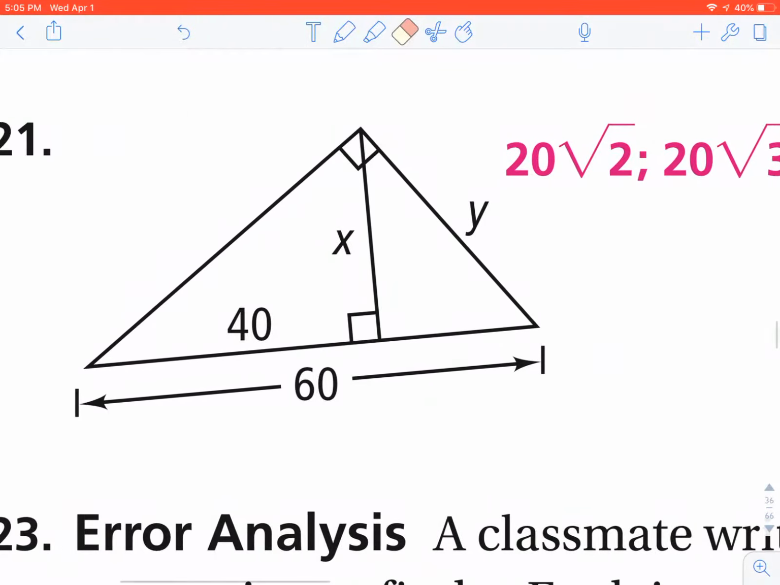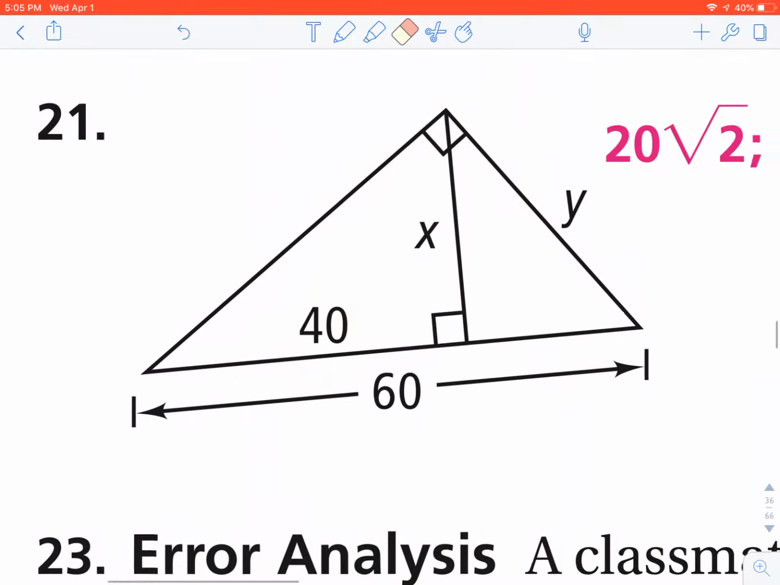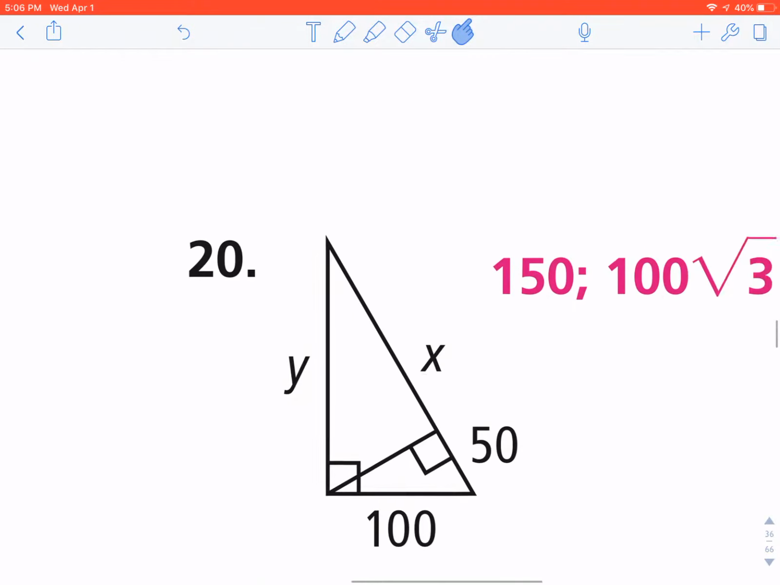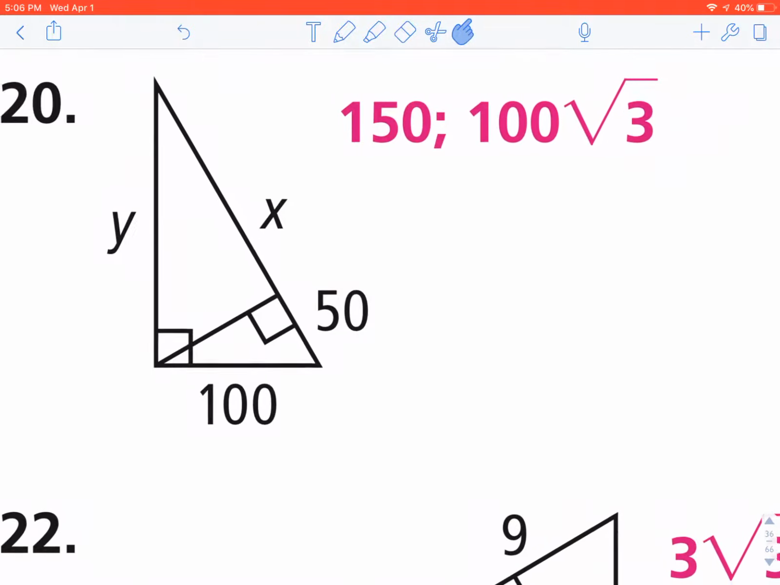And then actually while I'm here, just real quick on 21, the whole hypotenuse here is 60. From here to here is 40. Well, then that's got to be 20, and that should be plenty of information for you to fill out x and y. Now it's actually exactly like 19 and 22. Okay, so that was a little caveat there for number 21. But moving over to 20,